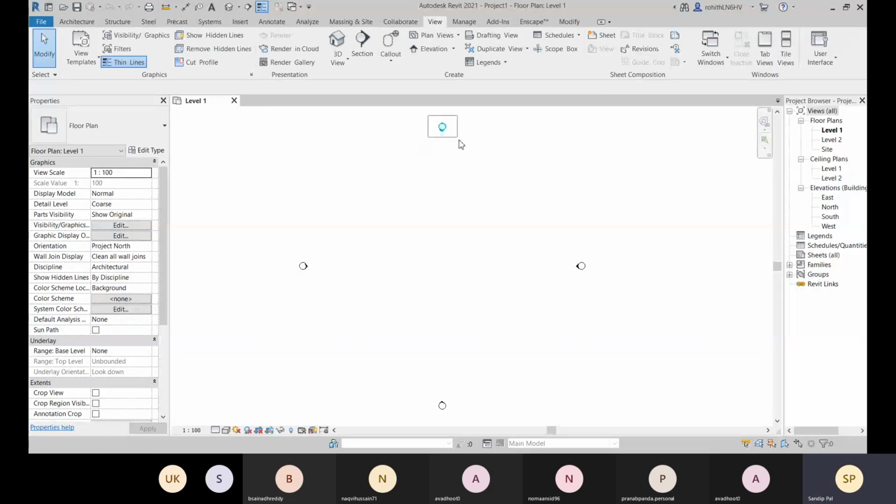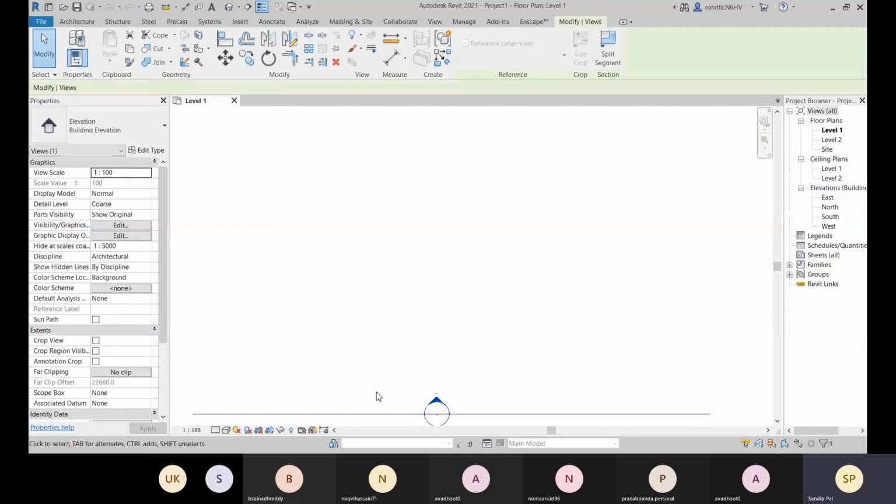These things you will find in the default condition. East is created, this is north, this one at the west, and the south is created. With this elevation, you have this view option. This is your camera, you can say, and this one is named south.